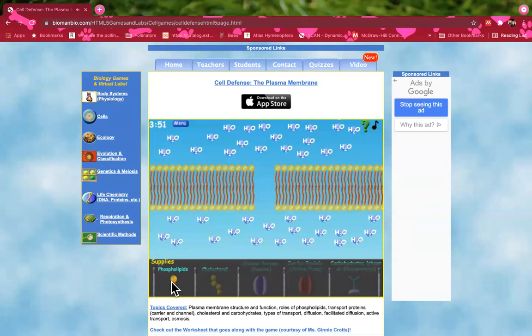So I'm going to do the first one for you here. You click on phospholipid, it appears, you drag it to where it needs to go. Now, if I was going to put that phospholipid on the other side of the membrane, I have to flip it around. Now, if we go over here to the worksheet,